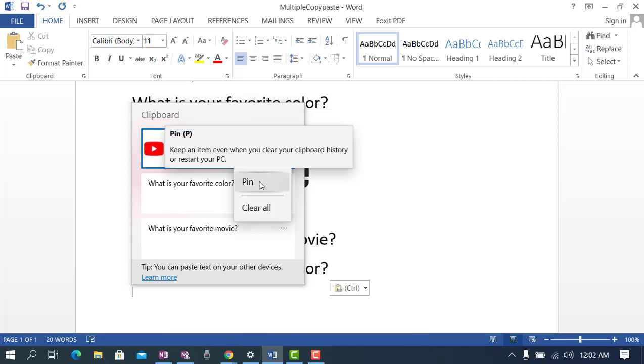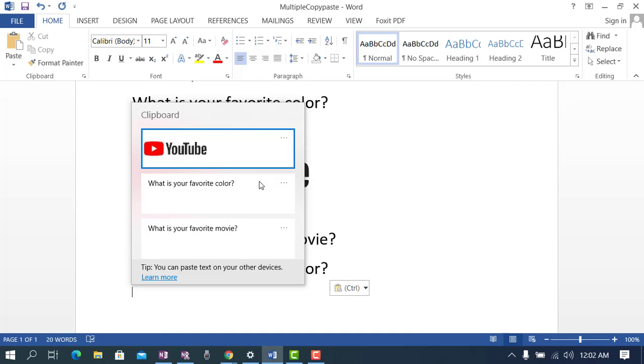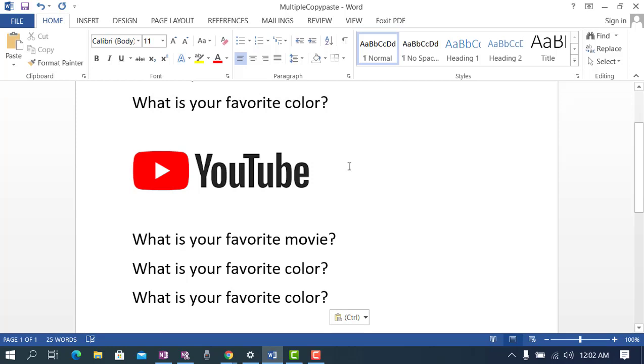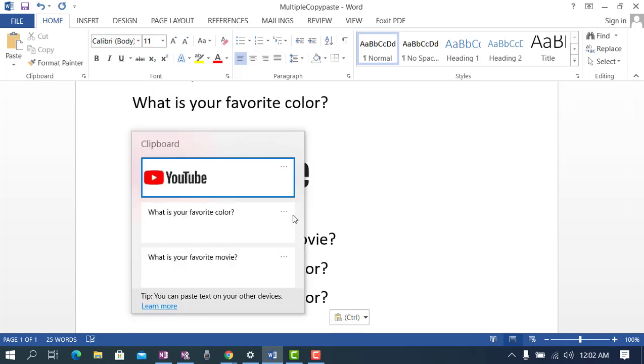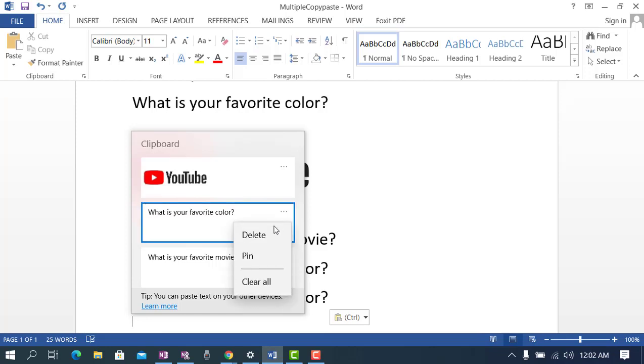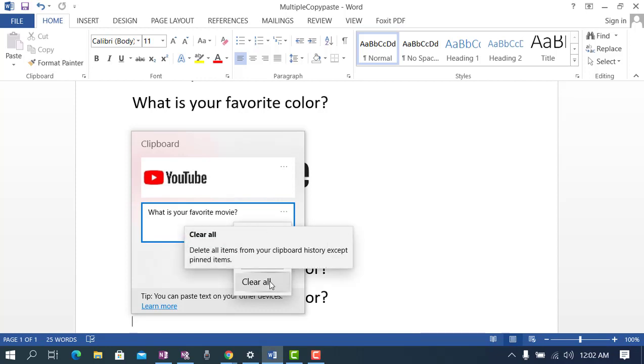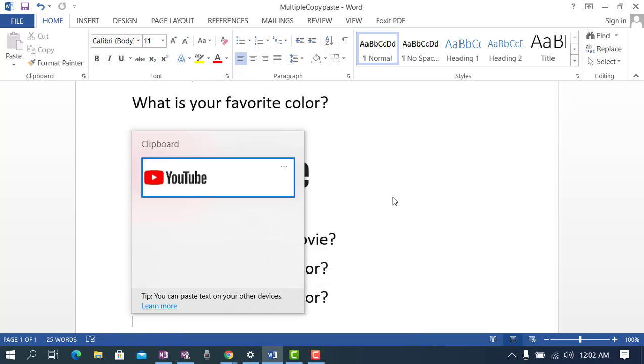Pin means if we pin something in clipboard history, even if we restart our computer, it is always present there until we manually delete it. If we don't want any text, we just click on these three dots and delete it from here. We can also clear all the clipboard history by clicking clear all.